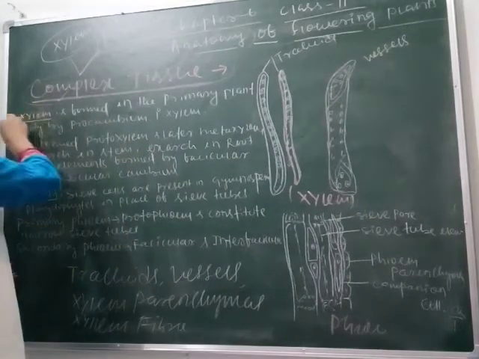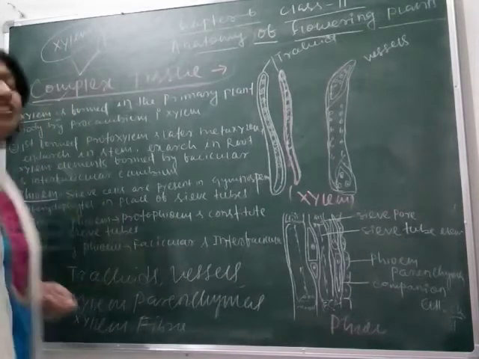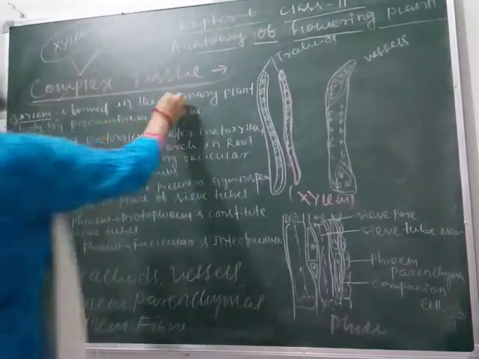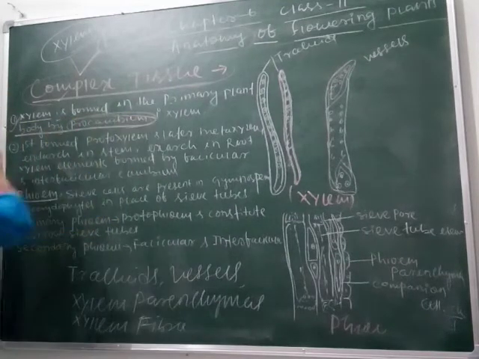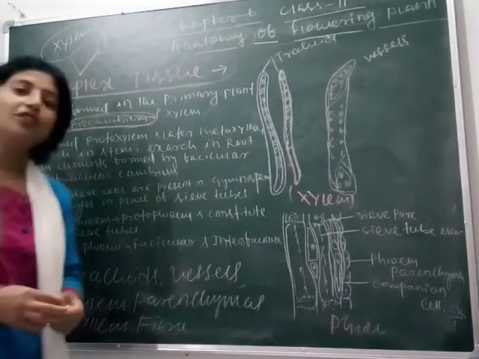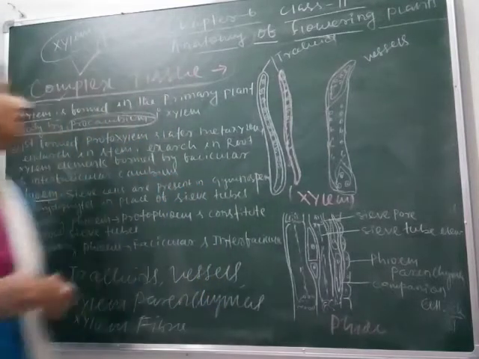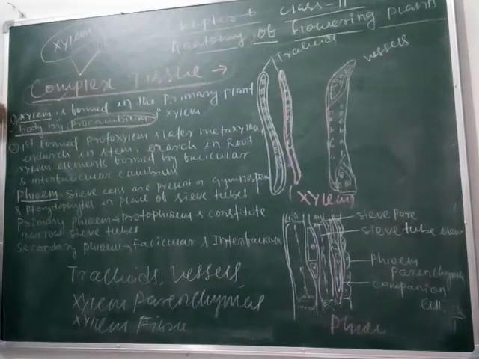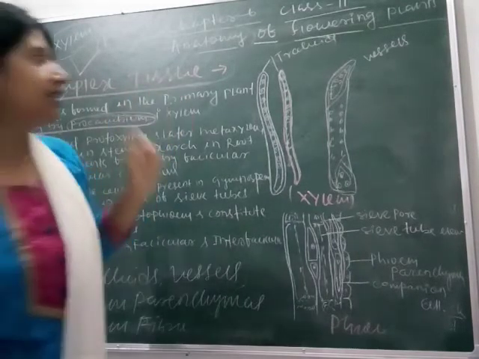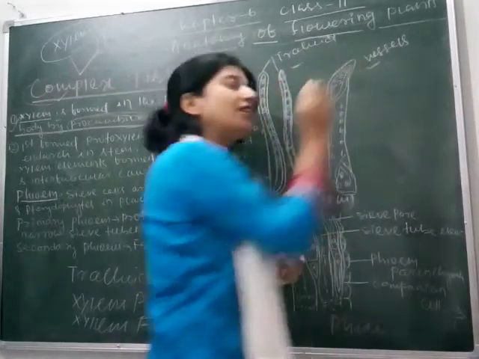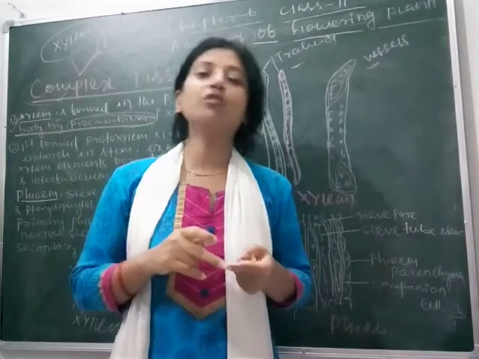So let's know something more about xylem. Xylem in the primary plant body is formed by protocambium, or procambium. Clear? You can see here clearly. In the case of gymnosperms and angiosperms, as I have told you, tracheids and vessels are two important components of the xylem tissue because they have to conduct water.